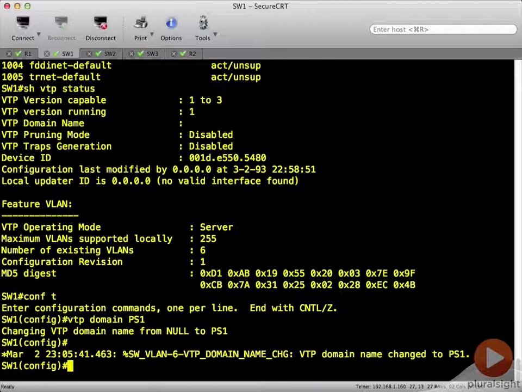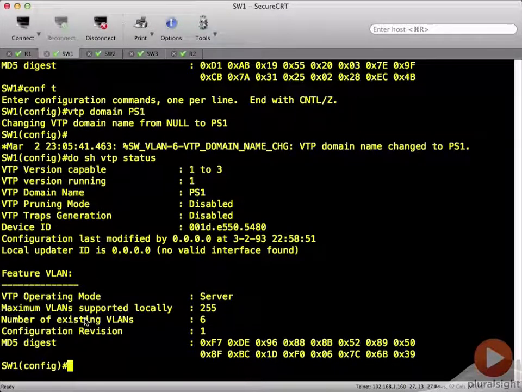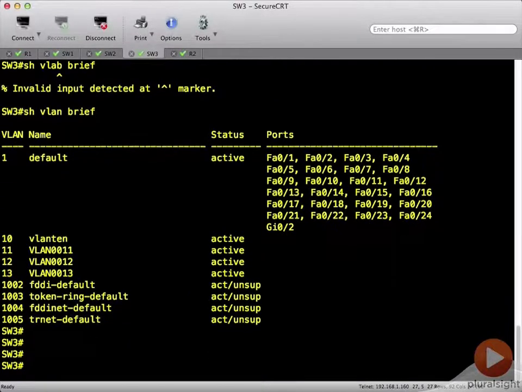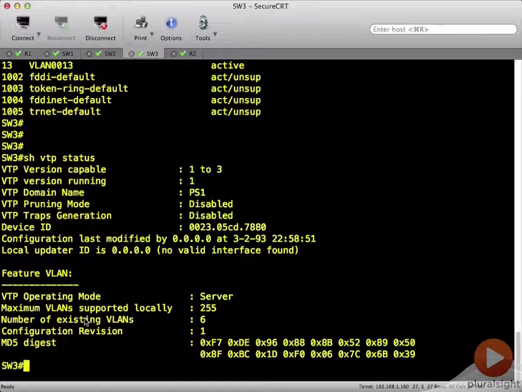And now let's come on over here and do a show VTP status. So nothing's really changed other than my VTP domain, right? You can see my VTP domain now is PS1, and you can also see that my revision number is still revision number 1. Let's go back over here to switch 3, show VTP status. And the revision number is 1, and notice the number of existing VLANs is 6. You'll notice also he picked up the VTP domain of PS1. So now if I do a show VLAN brief,